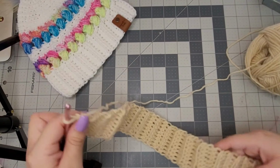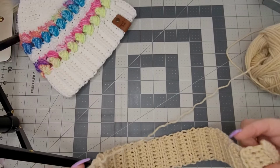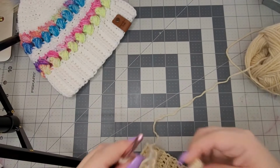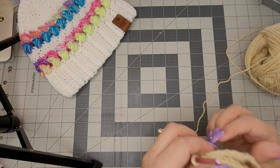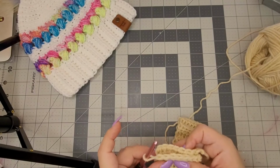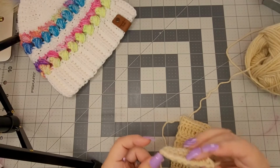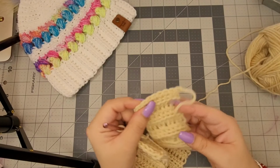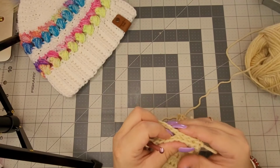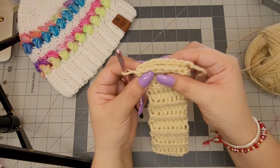Okay, so I am done with this band. It measures 19 inches wide, but we're going to make it so that it becomes a round band. And what we're going to do is, this last row of stitches, we're going to slip stitch to our first stitches here, the bottoms of them. So we just put these together and match up the stitches with each other,